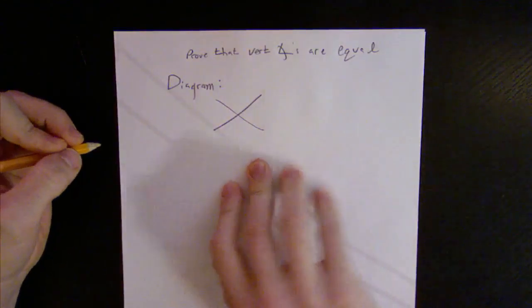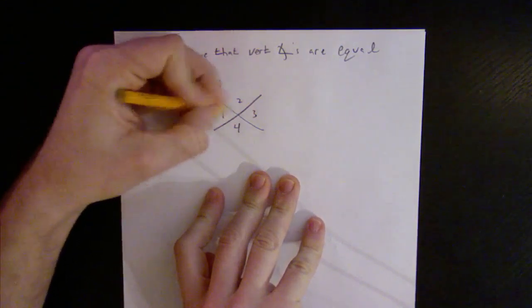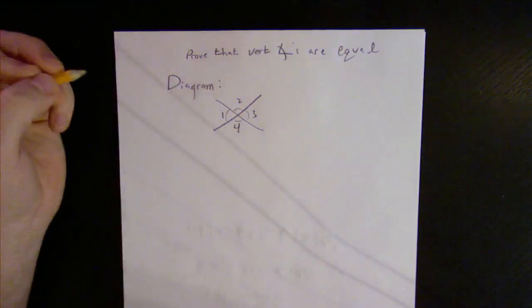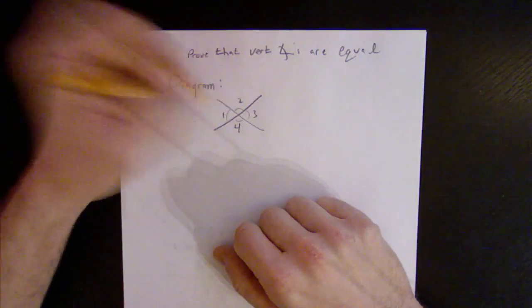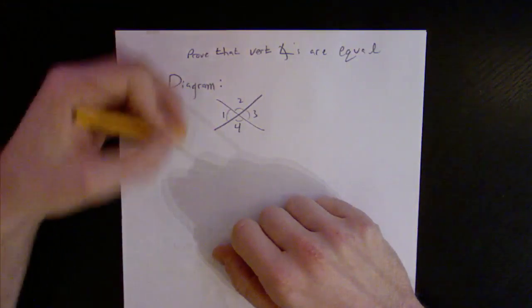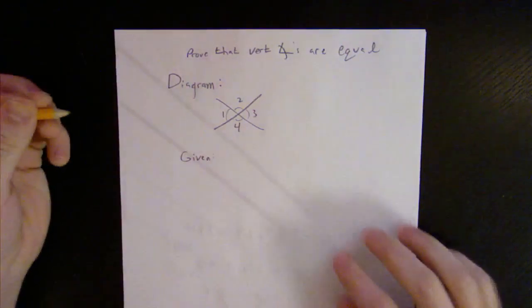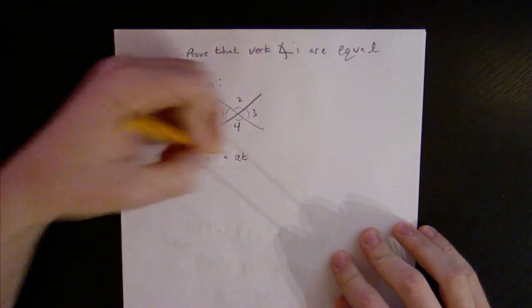I'll draw these two lines, and now I have 1, 2, 3, 4. These are the names of my angles. Angle 1 is here, angle 2, angle 3, angle 4. And I want to prove, well, that angles 1 and 3 are equal, and that angles 2 and 4 are equal. My given is just a set, or actually